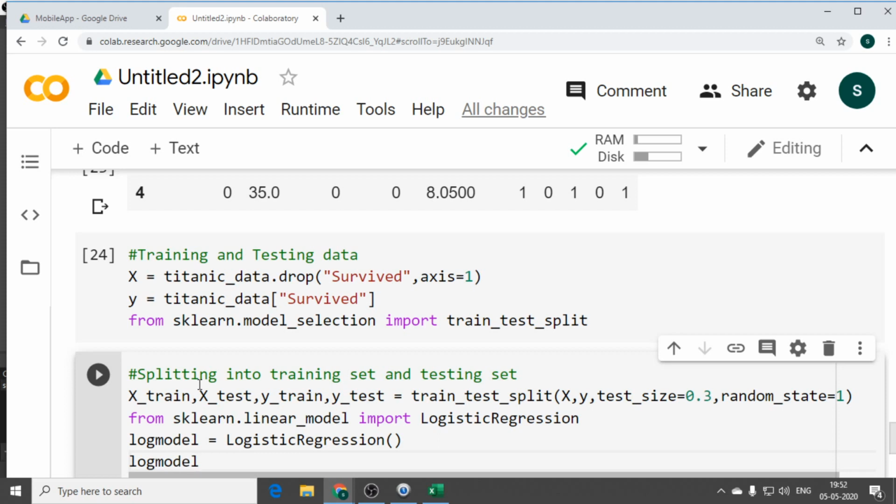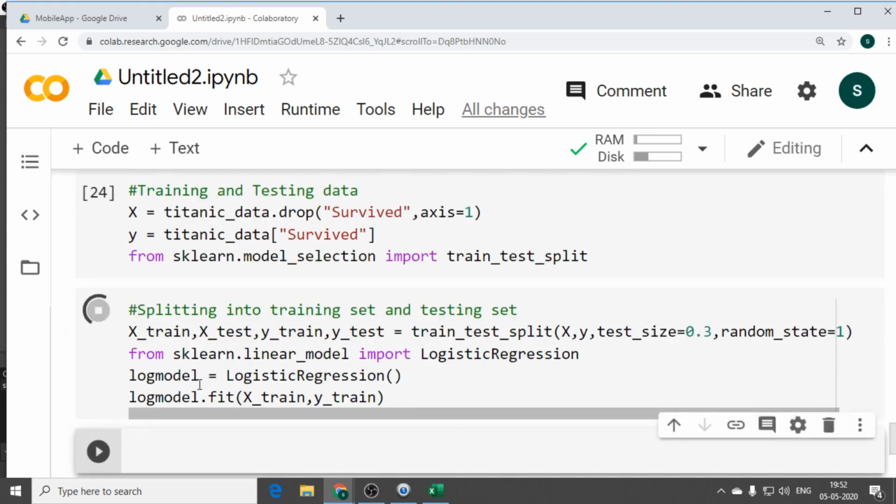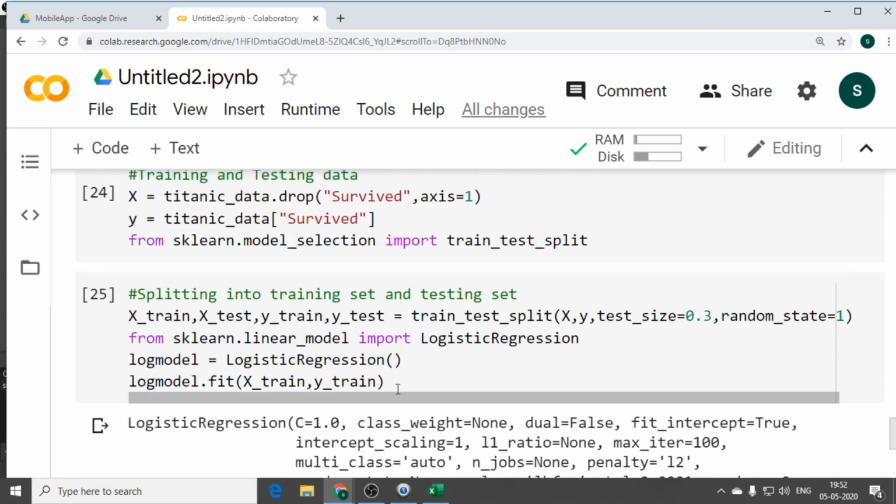For fitting the data, we always use the training part: X train, Y train. X is your input, and you are training on both input and output, because this is supervised learning. That is where you have trained the data. You can see n number of parameters, but I need not use any of them, because I am fitting the entire data.